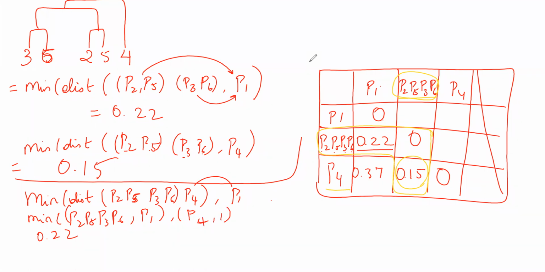First, this is already clustered. From here, I'm going to take the value with P1, again from P4 to P1. So I've got 0.22, and P4 to P1 is again 0.37, of which 0.22 is the smallest. Okay, you got this point? Do you have any doubts at this point? No, ma'am. So I can go ahead, right?